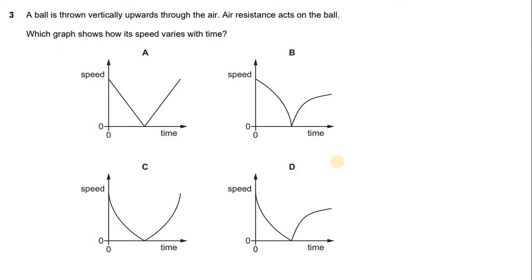Question number 3. A ball is thrown vertically upward through the air. The air resistance acts on the ball. This is an important statement. Air resistance is acting. Which graph shows how speed varies with time? Remember, when you throw an object upward, you give maximum velocity in order to throw. So here the velocity is maximum,